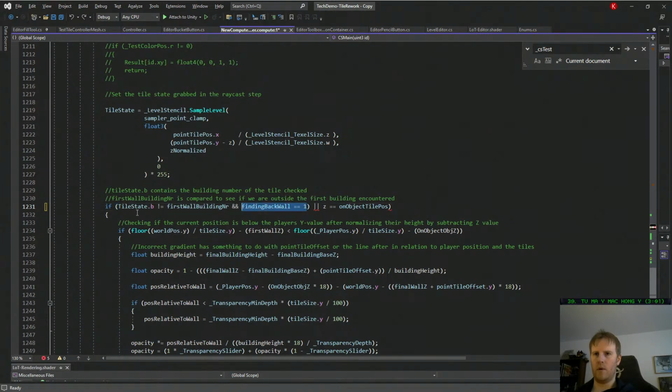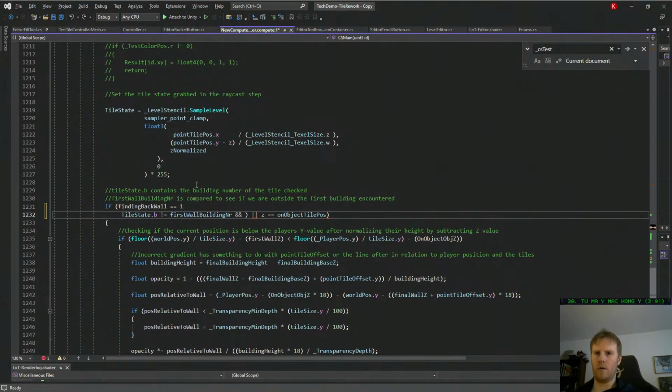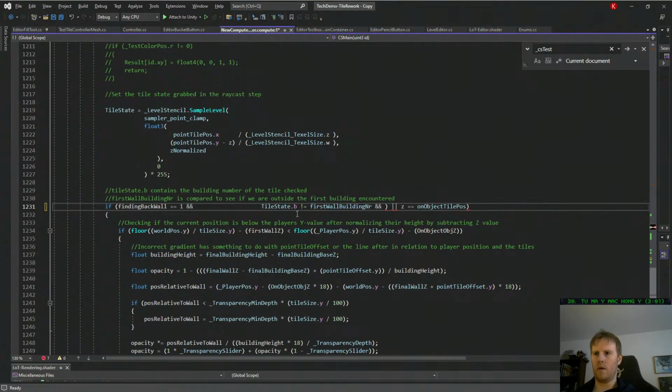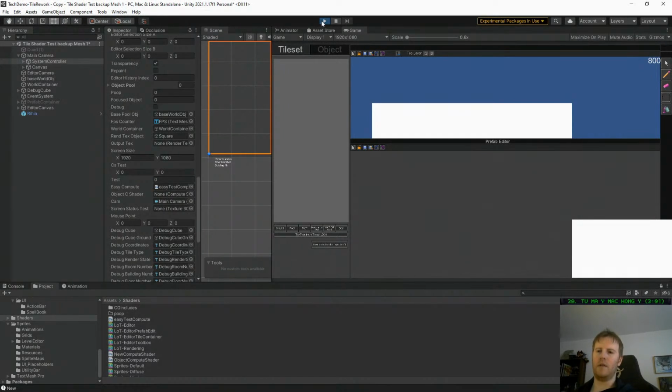And we put this here. And then we do a check here against these two. See if it's either in the object position or they're the same building. Or they're not the same building and we found a wall. But that's not enough because it